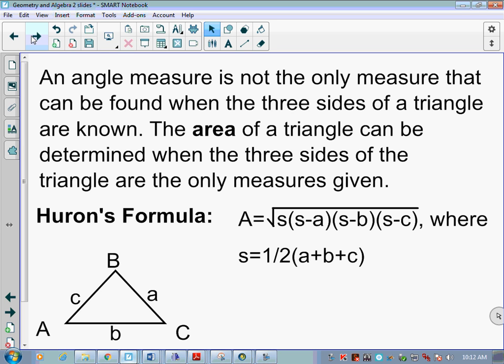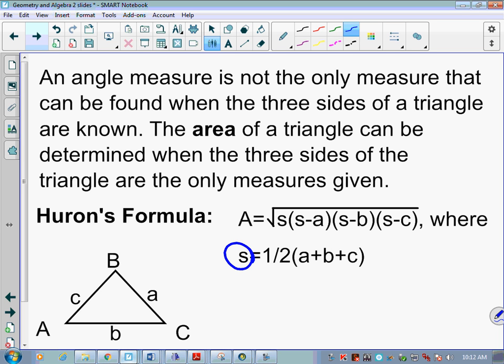And so what we would do is we would take A plus B plus C. We would add those up, and we would divide by 2. Okay? And then I would make the square root, and I would take this measure from down here, this answer, and say this answer times that answer minus the measure of A, times my answer of S minus the side length of B, times the measure of S minus the answer of C, and I would square root that whole thing, and it's going to give me the area of my